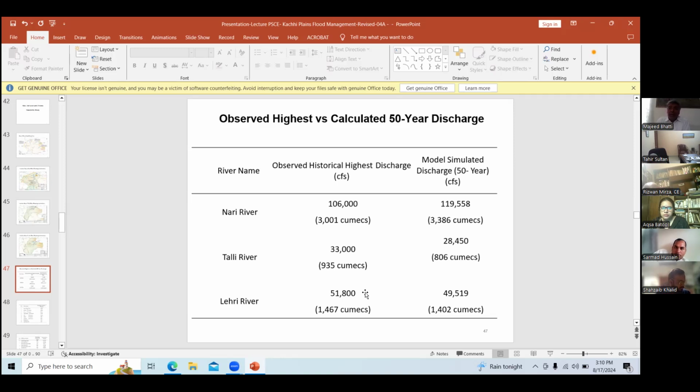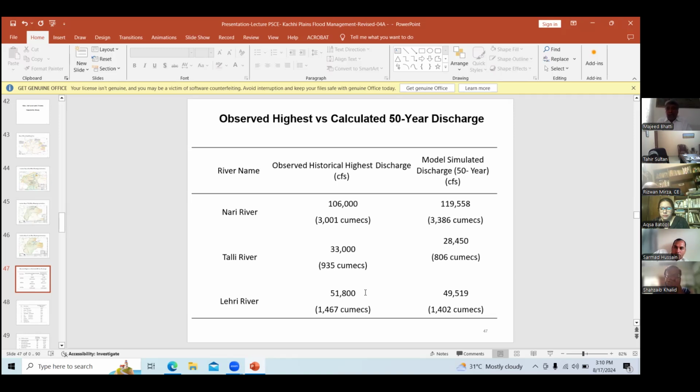WAPDA was responsible for observing, then they stopped observing the at-site discharges of these rivers. So we have old data. This figure is 106,000 cusecs, it is about 300 cumecs. This is very old data. However, if we work out the discharge for the 50-year return period, it was about 120,000 cusecs.